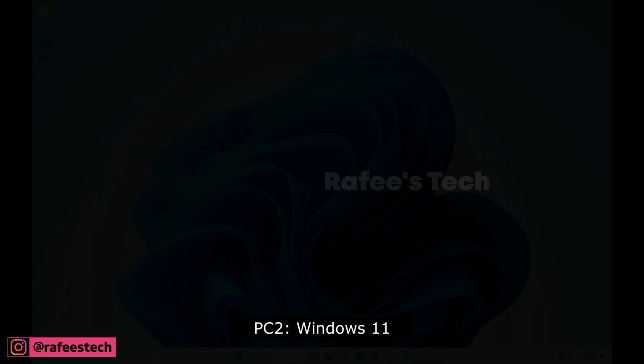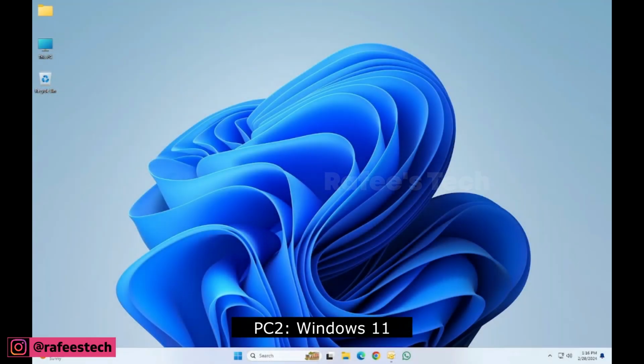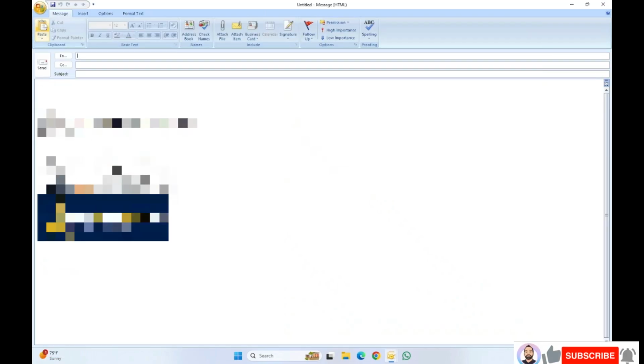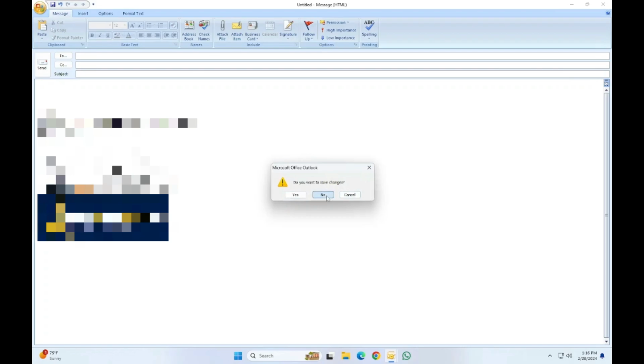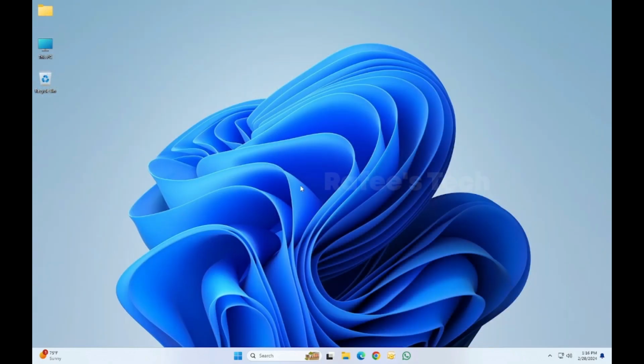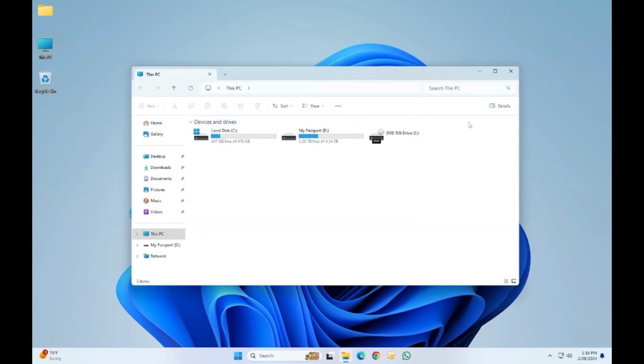After that, go to your second PC and open Outlook on it, and here I will show you. I just trying to type the email address, but it's not coming automatically. So let me show you how to fix it. For that, just close this Outlook and connect your flash drive on this PC